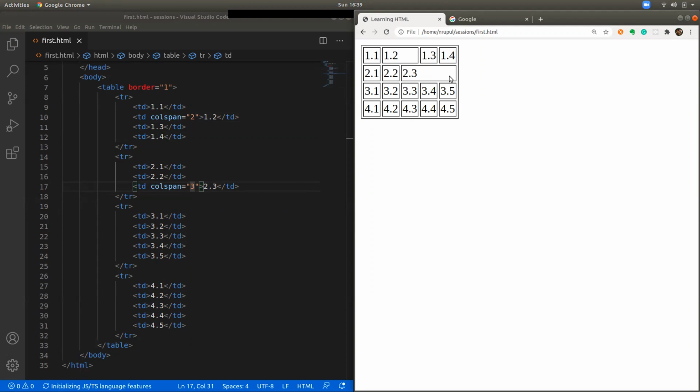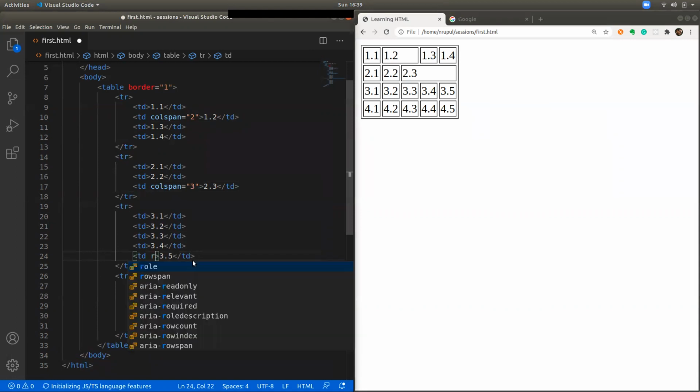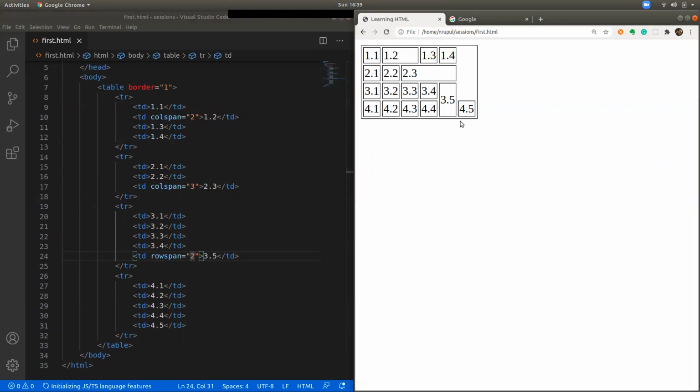Similar to col span, let's say you want a cell to occupy multiple rows. What I mean by multiple rows is, in this scenario, I want this 3.5 to occupy two rows, not one row. So in those cases, you will put the row span as 2. When you put the row span as 2, it will occupy two rows, and you can see this cell got pushed away, but I'm just removing it so that each row will have the same number of cells.